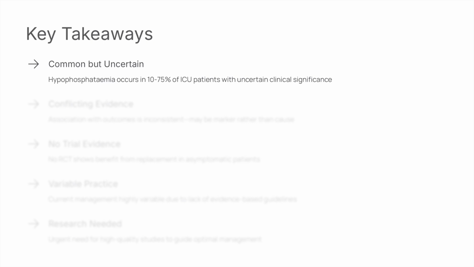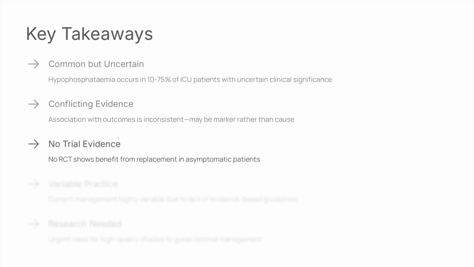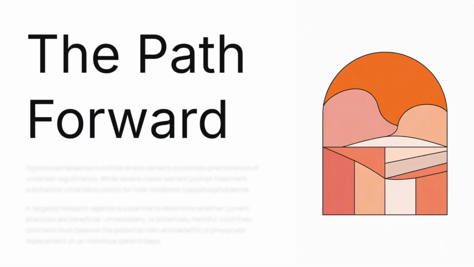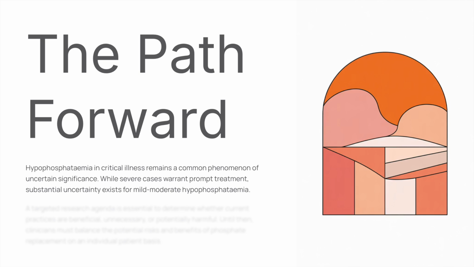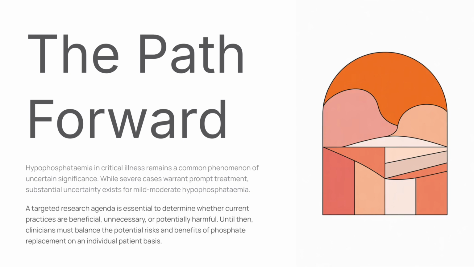So the key takeaway is that it's a common condition, but what exactly is the significance, we are not very sure. There is conflicting evidence on its effect as an independent predictor of mortality. There is no trial evidence on whether it should be given to mild and moderate cases. There is a lot of variability in our practice and further research is needed. So the path forward is to treat severe cases, look into the research on the impact of mild and moderate hypophosphatemia on critical illness, and target the research agenda so that we have